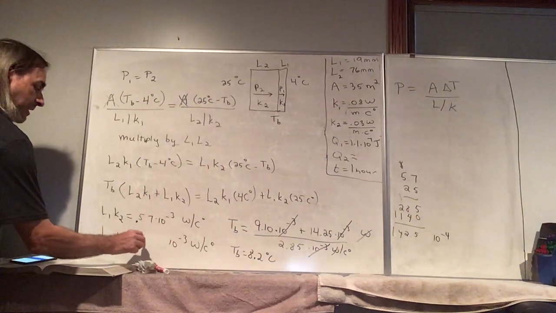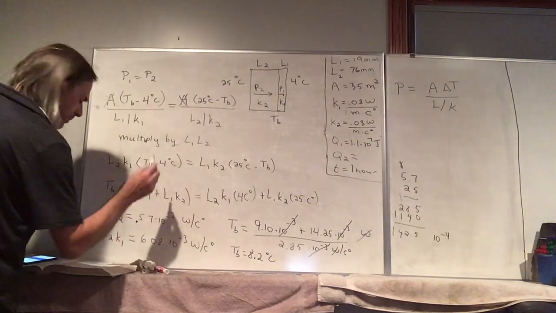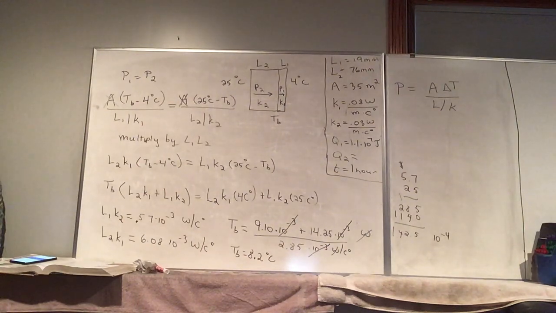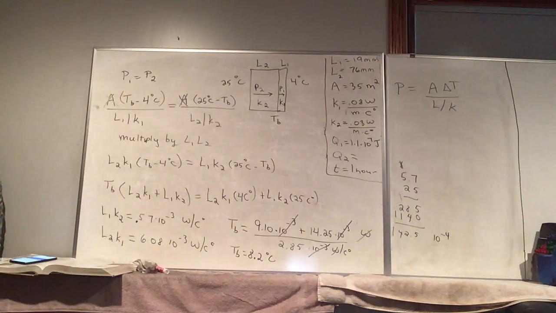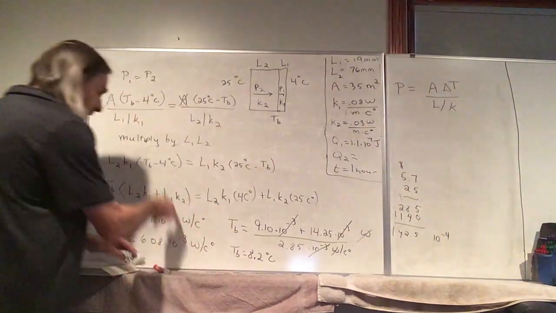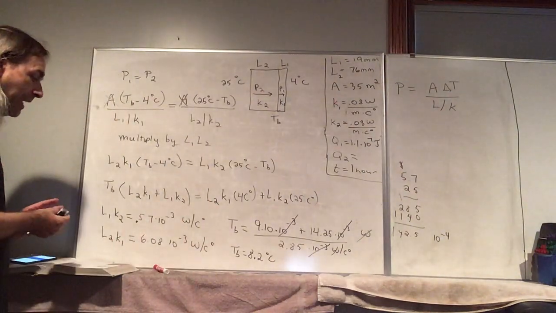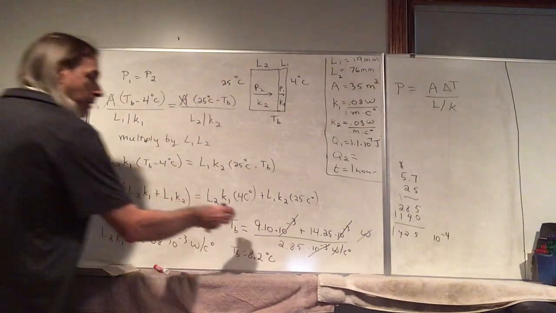This one was supposed to be 6.08. Not sure what I did there. Okay, sorry about that. So that number is 6.08. So basically, and again, everything is now times 10 to the minus 3. And